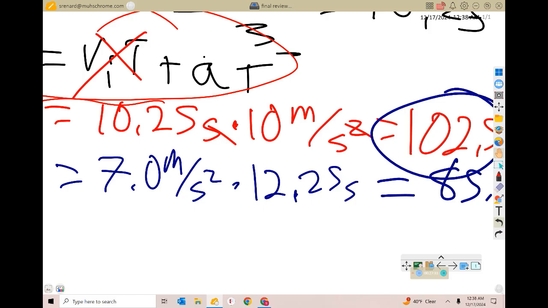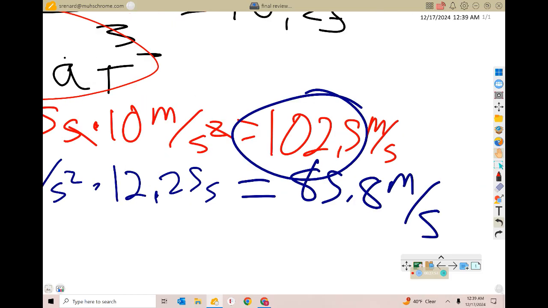So where car number 1 caught up to car number 2 after 10.25 seconds, that means that car number 2 had been driving for 12.25 seconds, right? The 10.25 seconds that car number 1 had been driving plus its 2-second head start. We multiply that by its acceleration, 7 meters per second, and we get that it was going 85.8 meters per